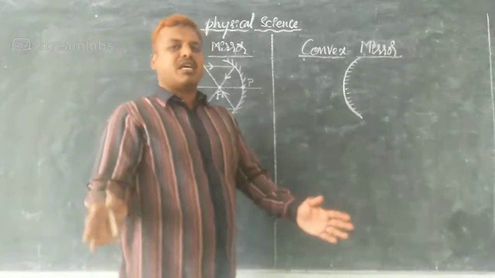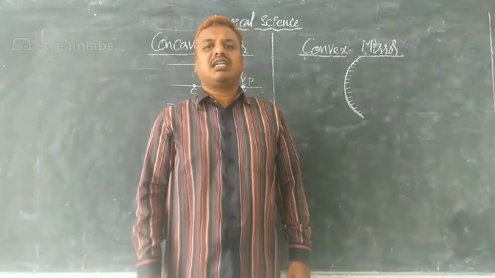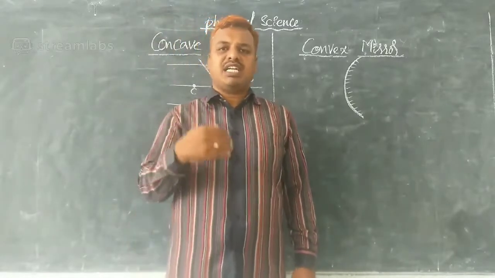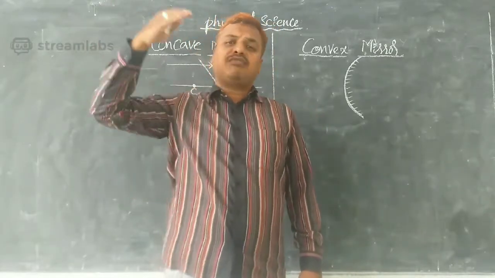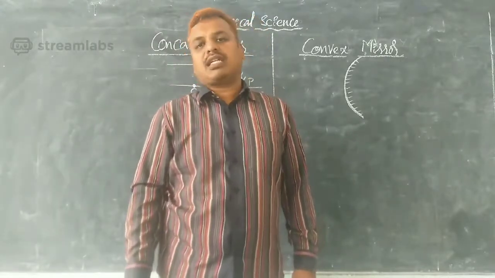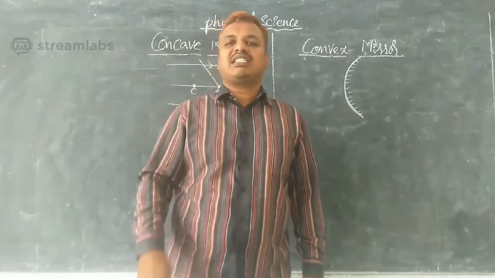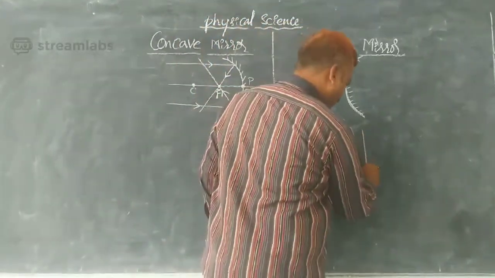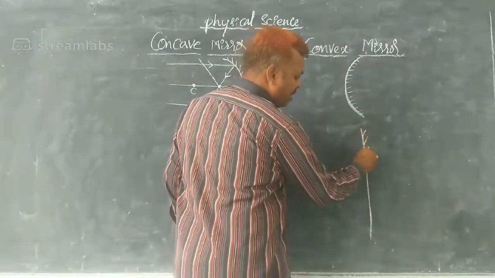In front of the plane mirror, when we are standing, we could see our image inside the mirror. When we are standing in front of the mirror, we are the object. Light rays come and fall on us and reflect from us onto the mirror. When the mirror is there and light rays reflect, the image is formed inside the mirror. That is what we have seen. And this is the image, this is the plane mirror.